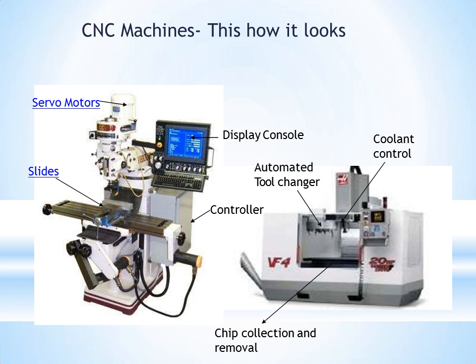But in this machine we have all the automated systems because it's a high-end machine, and some more machines may also have a pallet system. Pallet system is nothing but a conveyor system where the heavy component can be placed and sent to the machine. So automatically the conveyor takes the component inside the machine. Once the machining completes, the pallet moves out so that we can handle the heavy component.